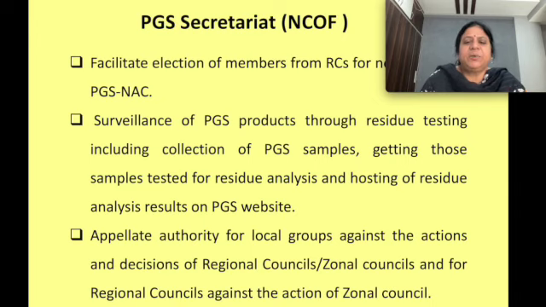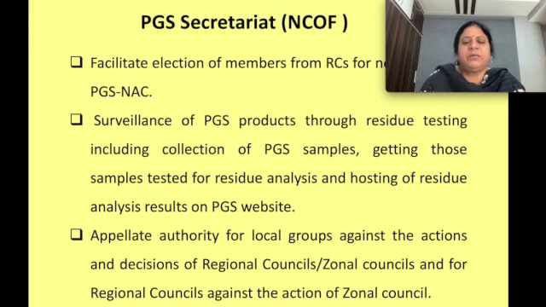Surveillance of PGS products through residue testing, including collection of PGS samples. There is a scheme, monitoring of pesticide residues at national level. There, the PGS samples also will be collected and monitored. So, getting those samples tested for residue analysis and hosting of residue analysis results on the PGS website to develop